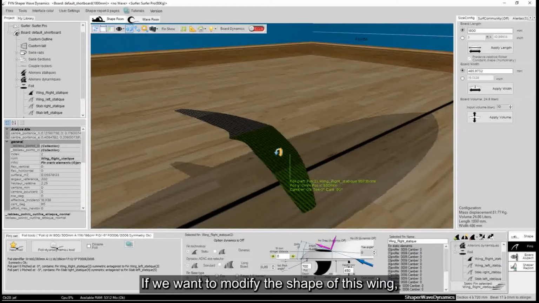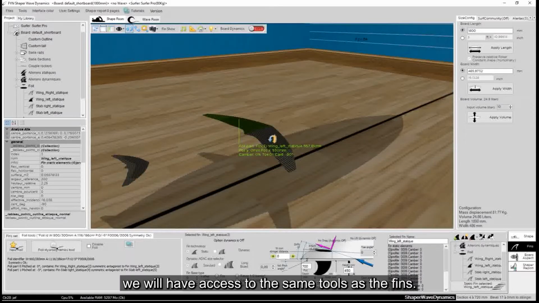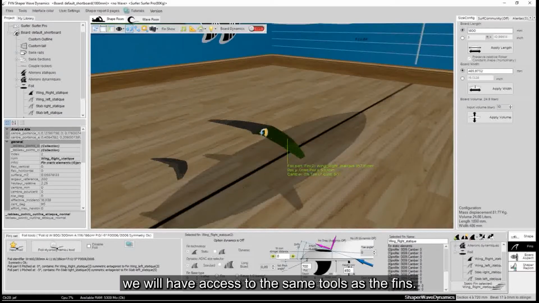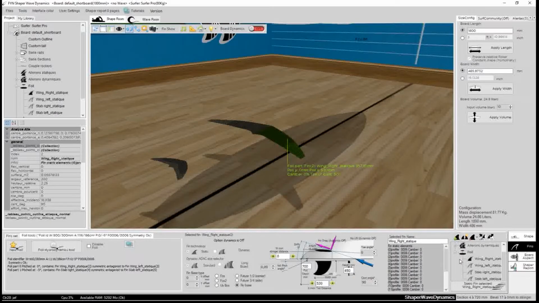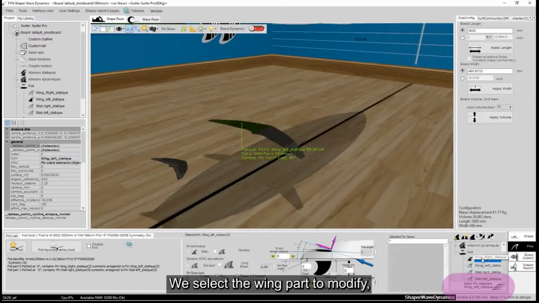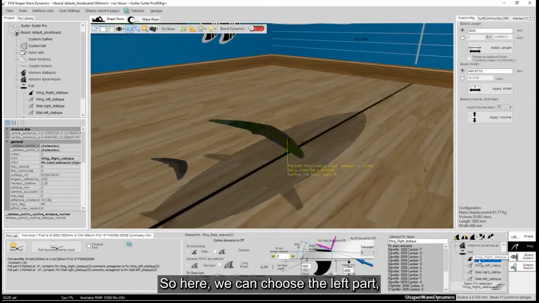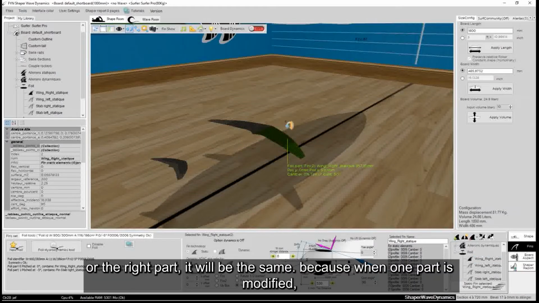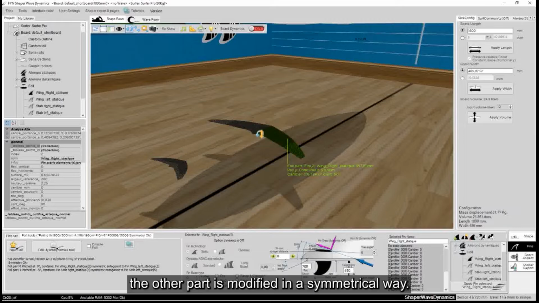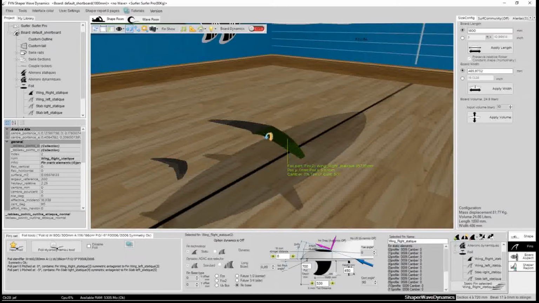If we want to modify the shape of this wing, we will have access to the same tools as the ailerons. We select the wing part to modify. So here, we can choose the left part, or the right part. It will be the same, because when one part is modified, the other part is modified in a symmetrical way.